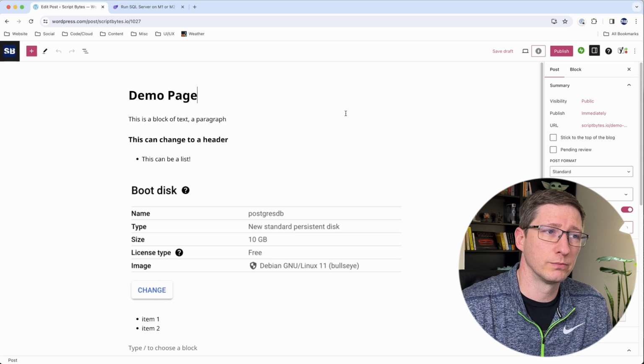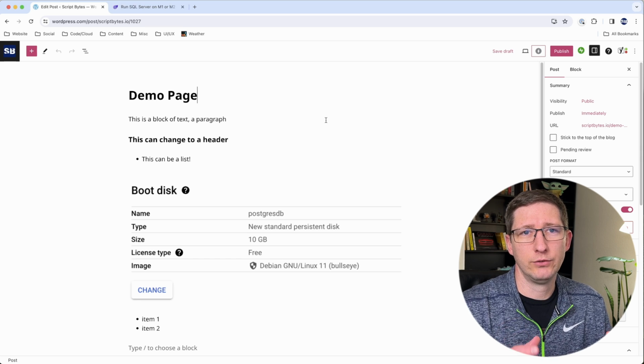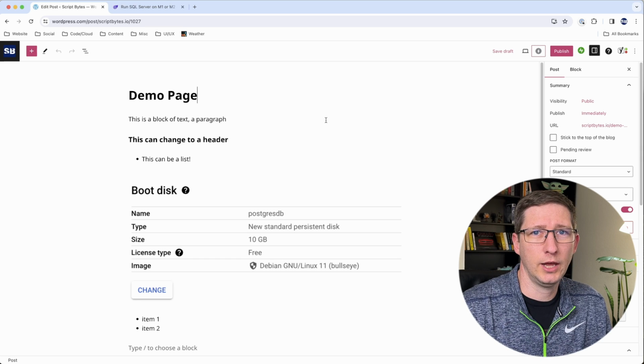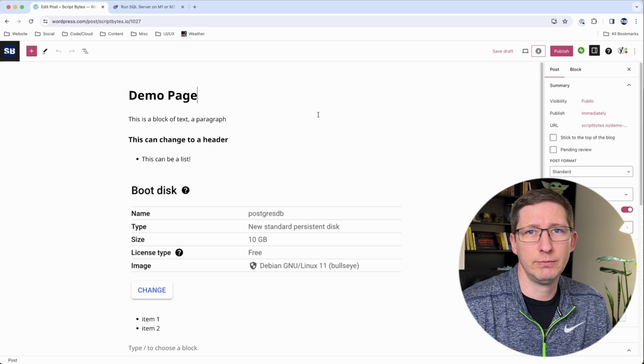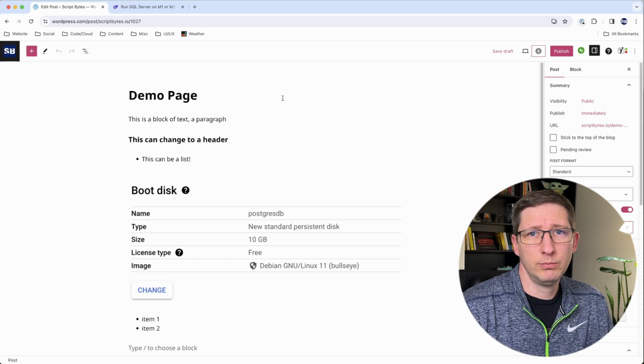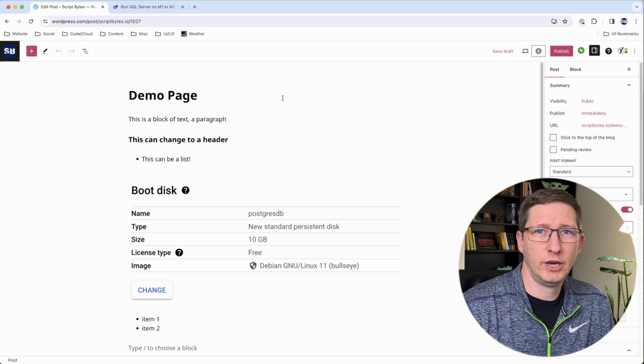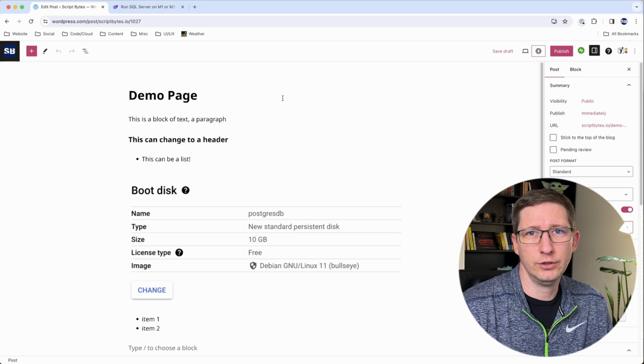My goal in this project is obviously not to rewrite WordPress, but I do want to have some type of editing interface where I can create blog posts that are simple and make sense and are easy to program, because I don't want this to be an application that's going to take me months and months to create. But the way that WordPress does this and the way that other applications do this, for example, Notion or